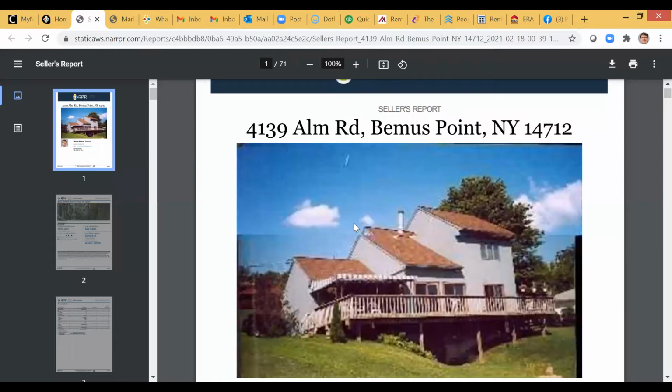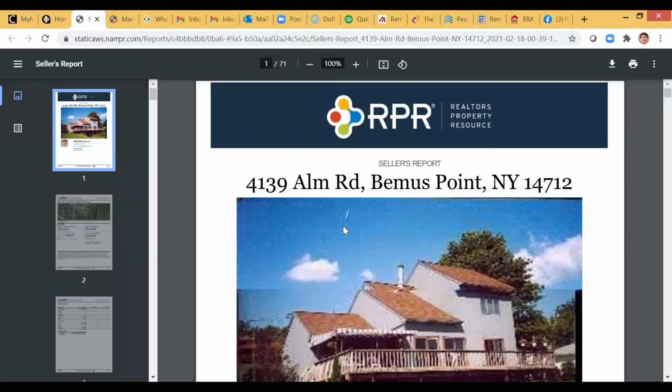You can be like, man, I don't want that page in there, I don't want that information in there, shorten it. But the idea is, and I didn't shorten it just because I want you guys to realize, you have access to this for one house. This is not a zip code. This is not streets or anything like this. This is one house. You have the option of running a report that is 71 pages long,